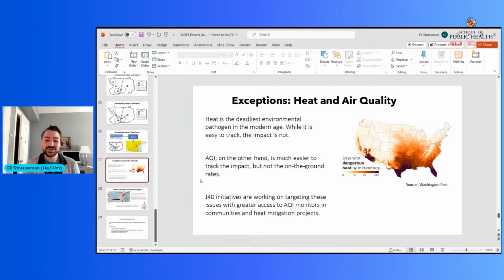But what's really frustrating from a research standpoint about heat is that it's a variable that's very easy to track. We've been tracking temperatures for as long as we've been a species with some ability to track temperatures, but its effects are a lot harder to determine. And the reason for that is simply because heat affects people in very different ways and affects environments in very different ways. So while there are some standard metrics to look for, things like prevalence of strokes, or heat strokes, or the relative shading in an area,